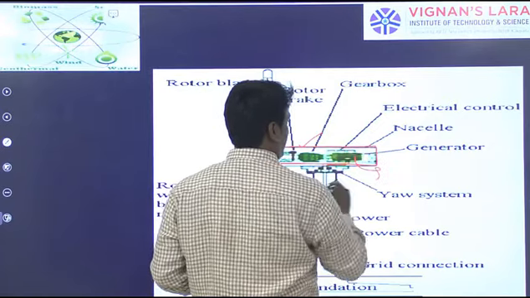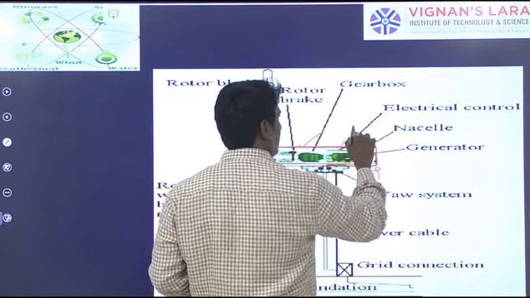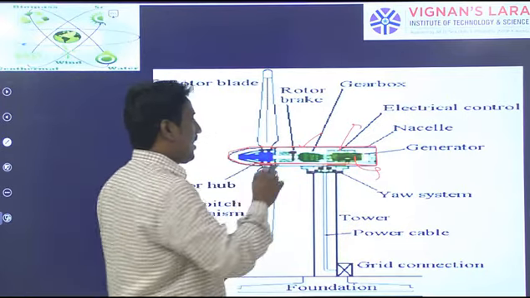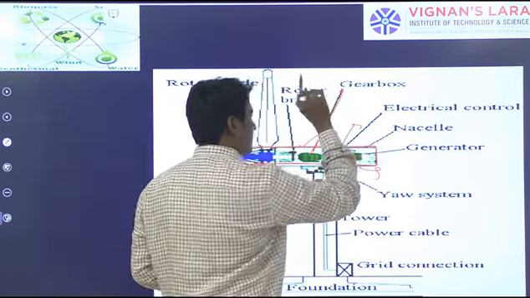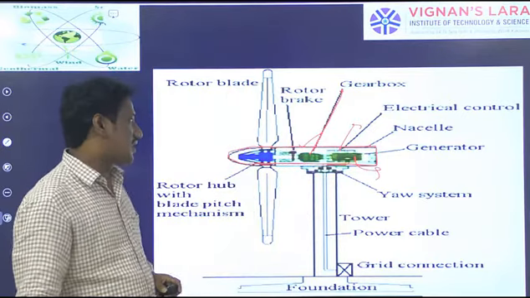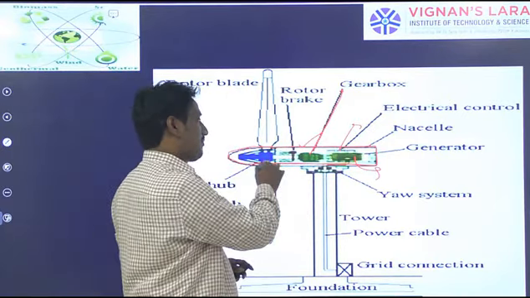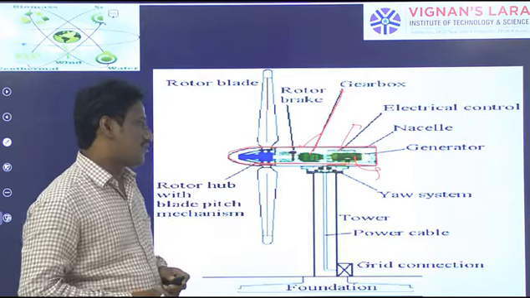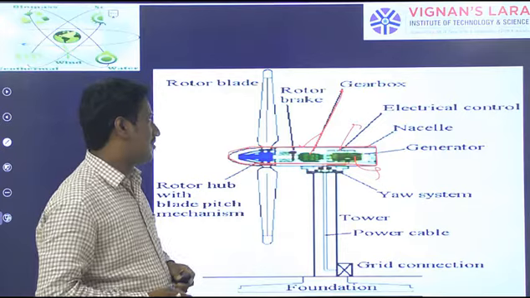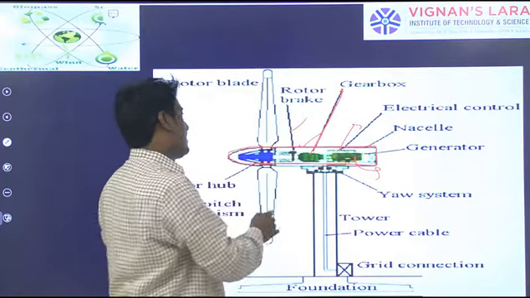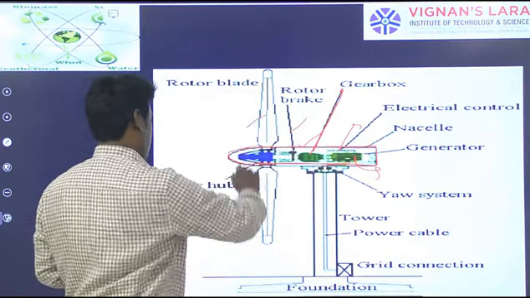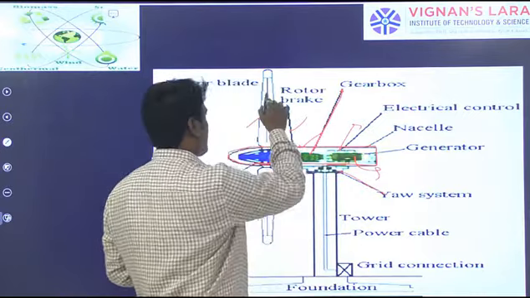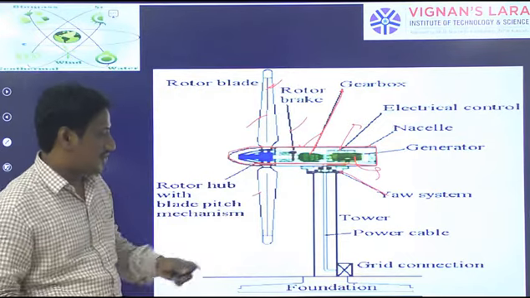This is the generator, and the switchgear and electrical control equipment, and we have a gearbox here to step up the speed for the generator. The gearbox will be used irrespective of the speed coming in, to step up the speed to one suitable for the generator. A rotor brake will also be used, and we will have rotor blades. We will also have a yaw control mechanism and a blade pitch control mechanism. You can observe the different parts here.